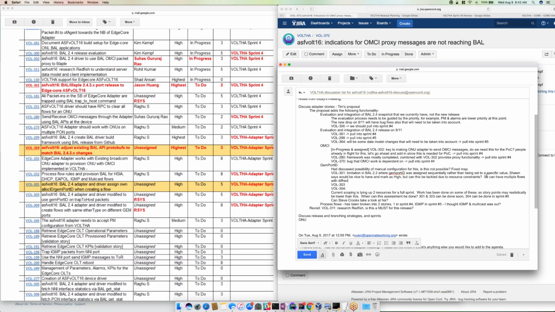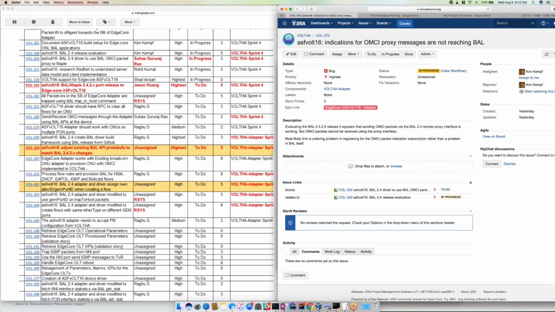So there is a relationship at some point, but I don't think this is the kind of thing that needs to be in here so that whatever the VOLTHA pon management request is, it can be set up this way. But this was mostly a tracking issue to make sure that this restriction